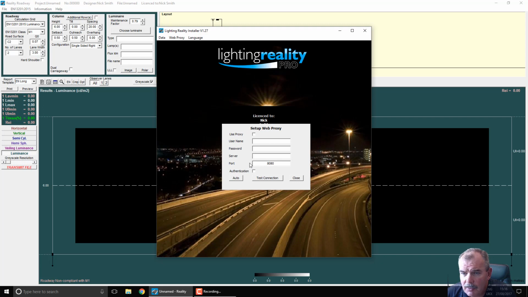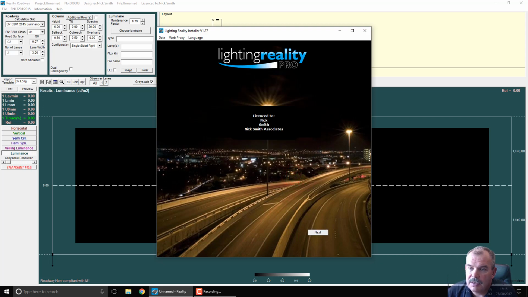They should be able to give you all of this information to populate this, and then as and when the data update is requested, it has all the necessary information to allow access through the proxy server and get out into the wider world, so that Lighting Reality on your computers can talk to our servers in our server racks. So having gone through that process, we select the next button down in the bottom here,